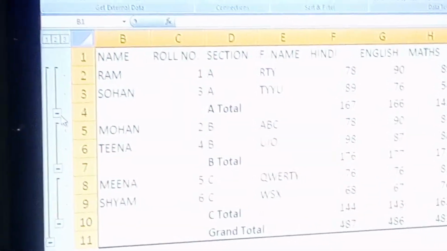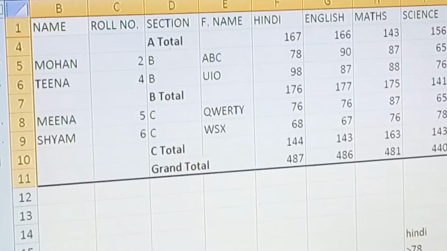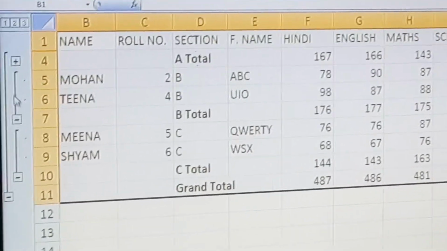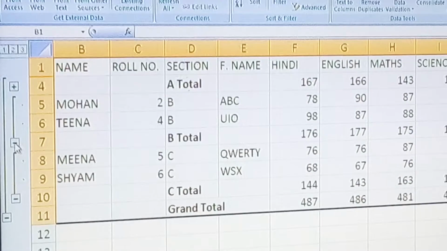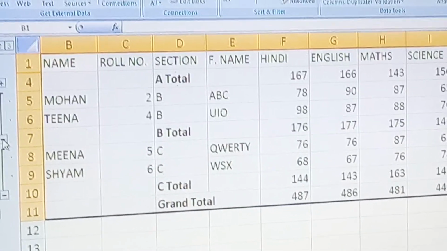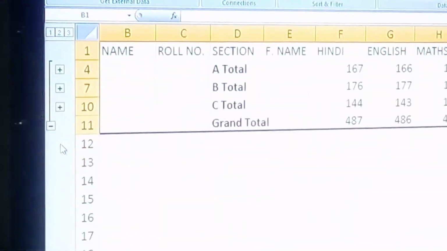Suppose you click on this, it becomes plus, which means it is in collapsed form. When it is in minus form, it means it is expanded form, and it will show the entire record, but when you click the plus sign, it only shows the subtotal.